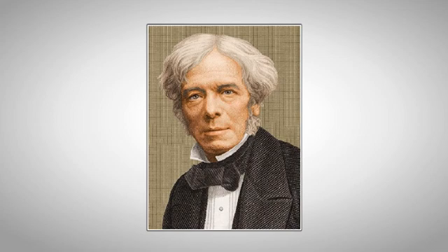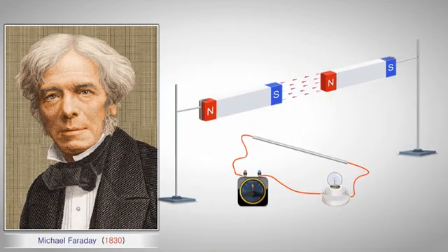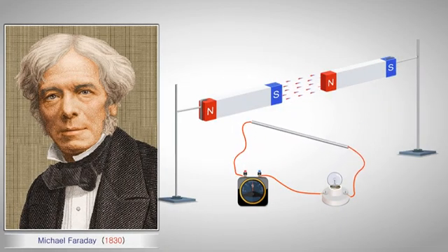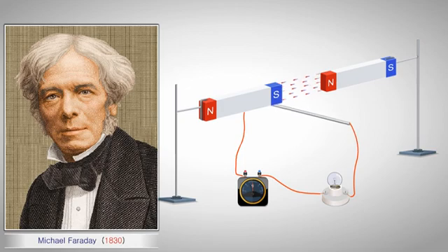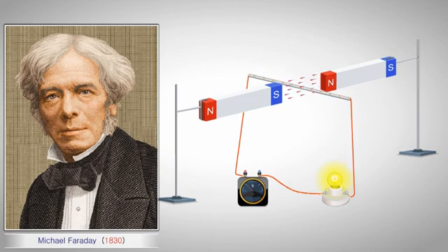Electromagnetic induction was first discovered way back in the 1830s by Michael Faraday. Faraday noticed that when he moved a permanent magnet in and out of a coil or a single loop of wire, it induced an electromotive force or EMF, in other words, a voltage, and therefore a current was produced. To observe this effect, let us perform an activity.